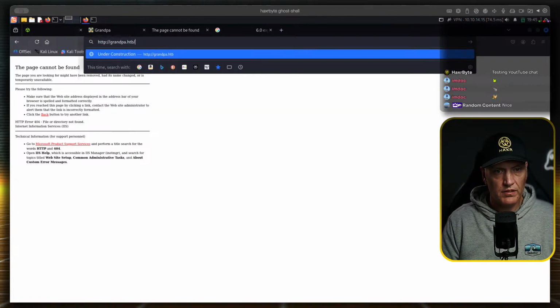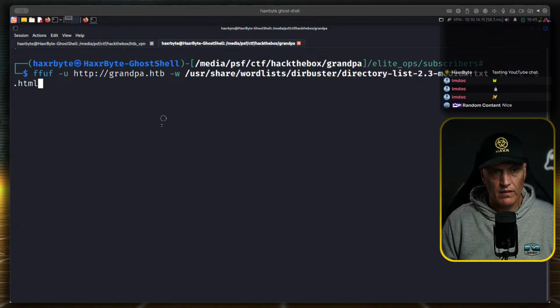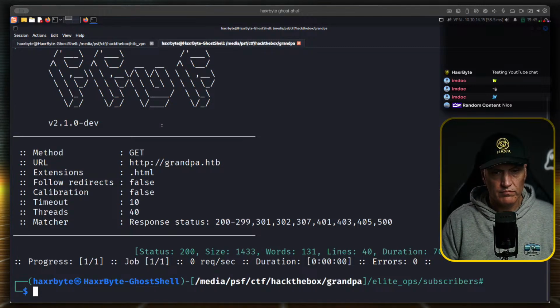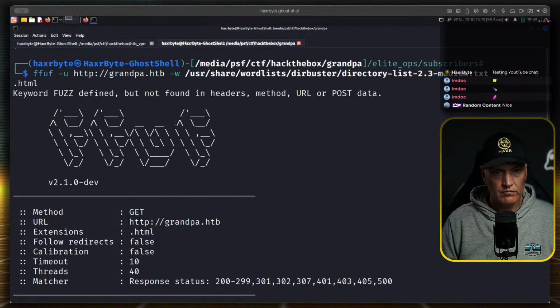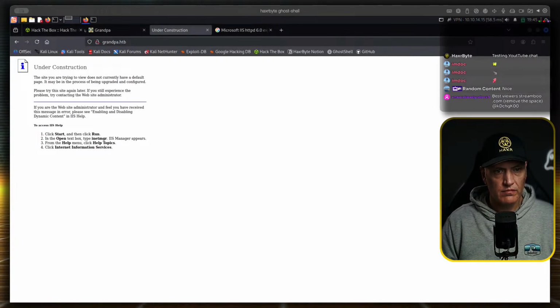Do we have to specify a file? Oh, it wants this.